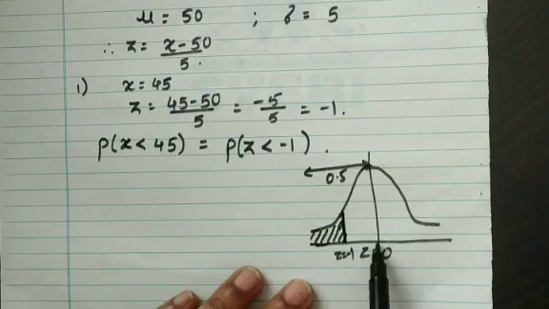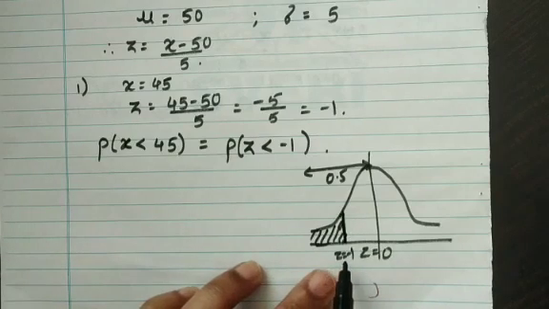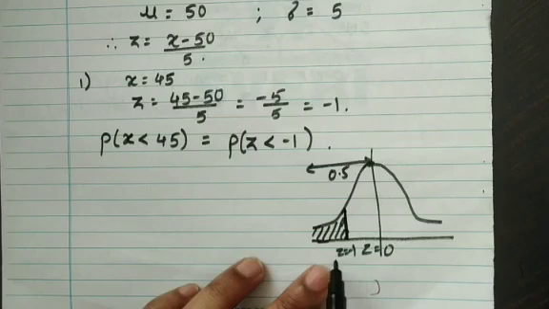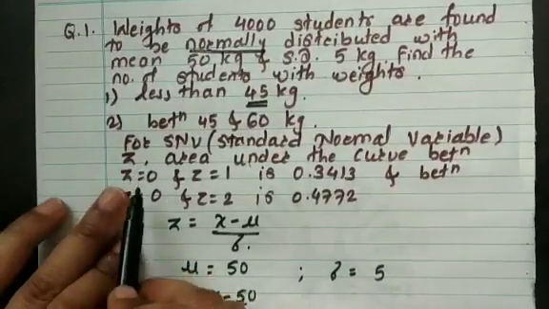Right? So we need the z area from z is 0 to z is 1. Remember, it is similar to z is 0 to z is 1, as though it is minus 1. Minus 1 is just to denote the position on the right hand side or left hand side. Now we'll consider it as z is 0 to 1 and we'll check the area. Is it given to you? Okay, it is given to you.